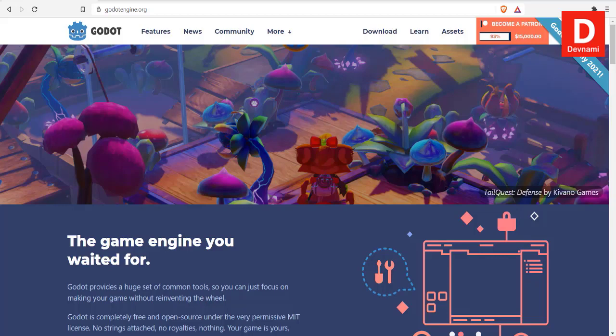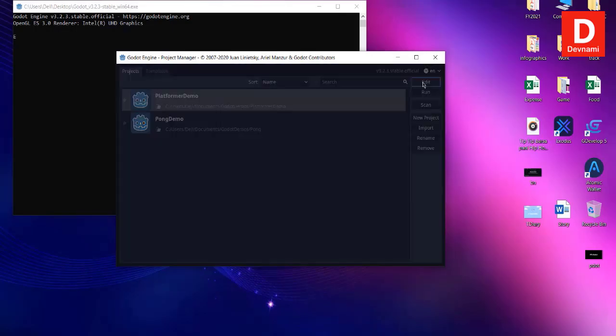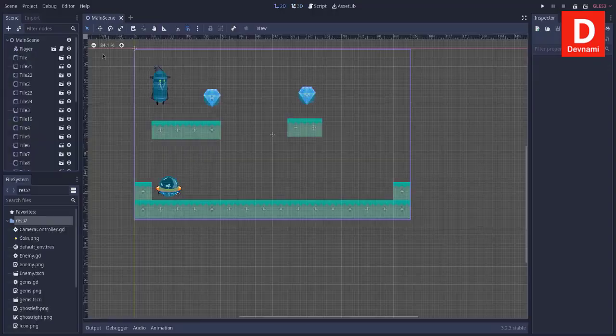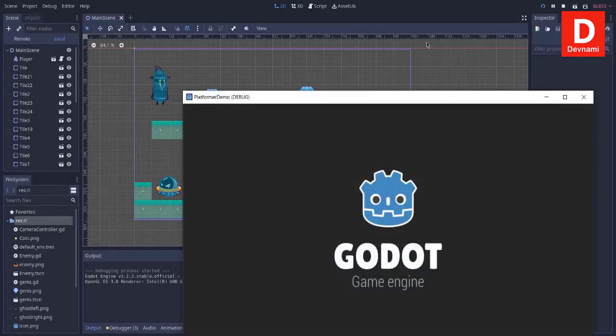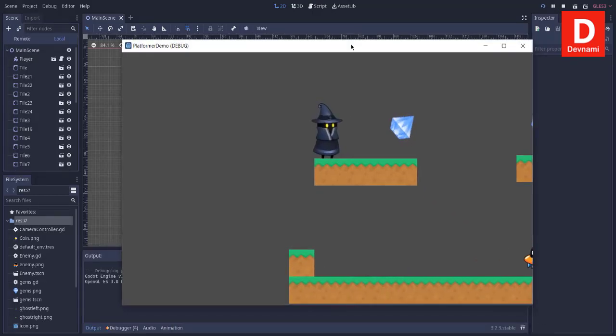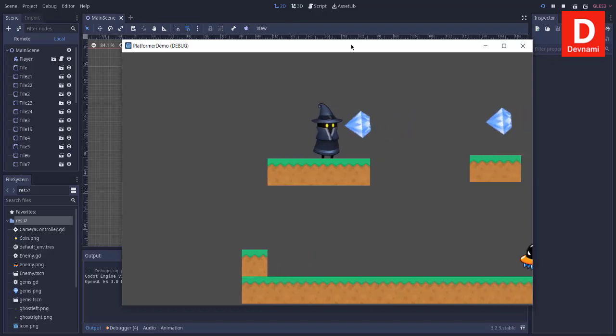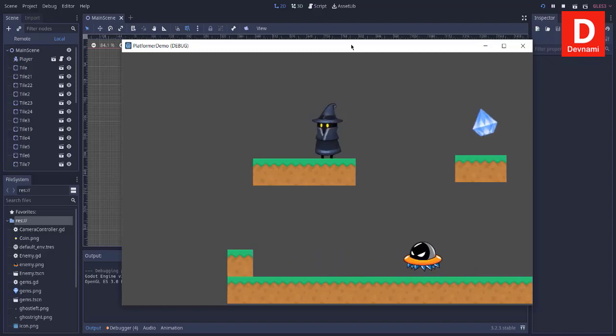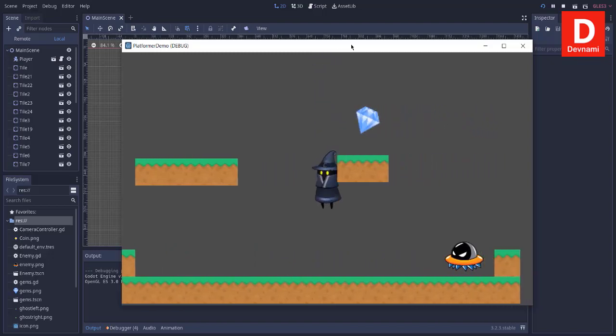Okay, so let's take a look at how you can set up the score system for our platformer game that we are making in Godot Engine. So let's open our project. Currently we can play normally, only the issue remains is counting of our score, right? So as you can see, if I move this and grab the diamond, it won't show me any score, right? So what I can do is I can simply,